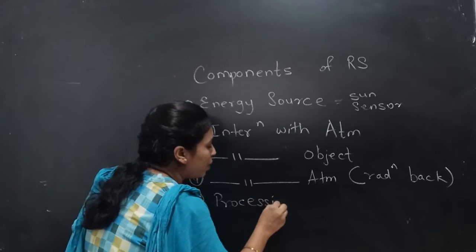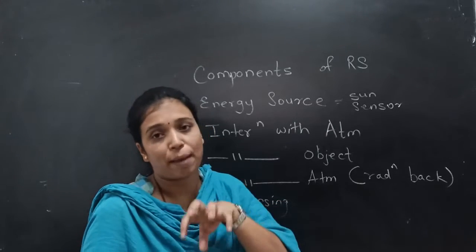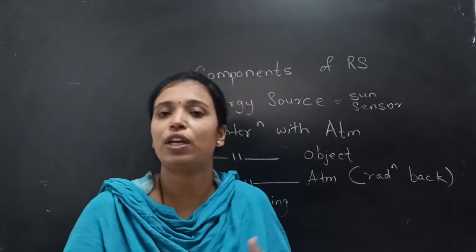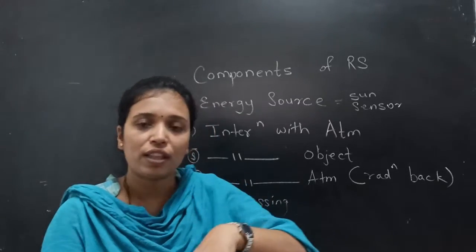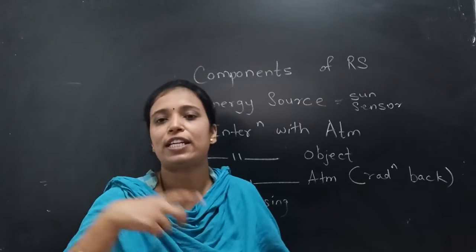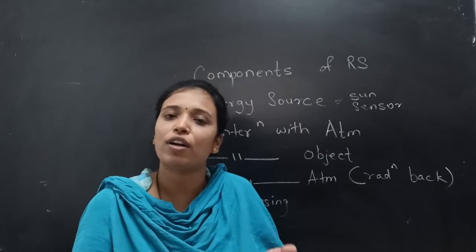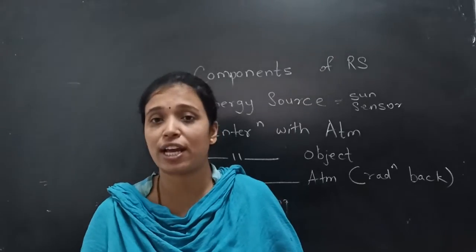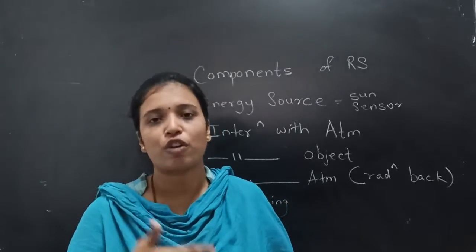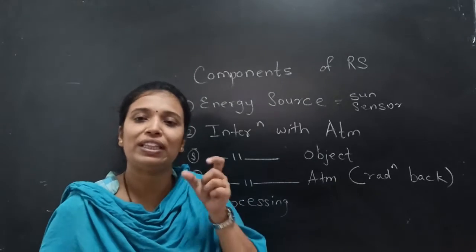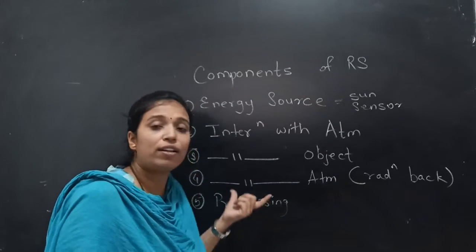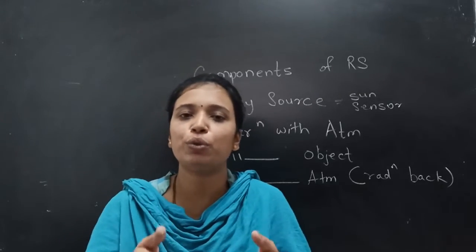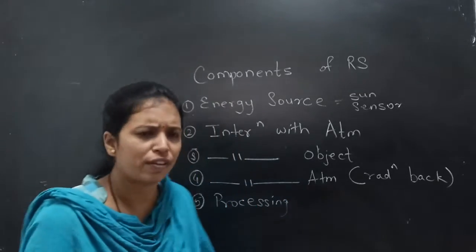Then the fifth one is processing. So processing takes place when the image is captured by the sensor and is sent to the processing unit, that is to the computers. So when the sensors capture the image, it's sent to the processing unit, and then on computer some type of processing is done in the software that we are going to see in the GIS unit, that is Geographical Information System. So in that system we will see what processing is done on each and every image, so that the users feel comfortable to use the image for their study purpose or whatever it may be.